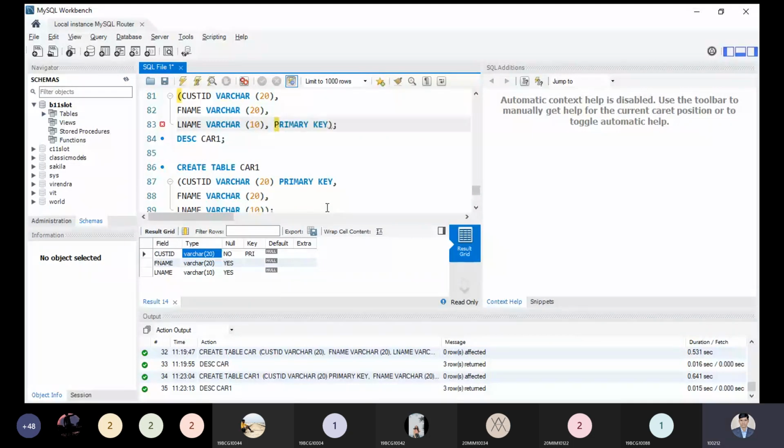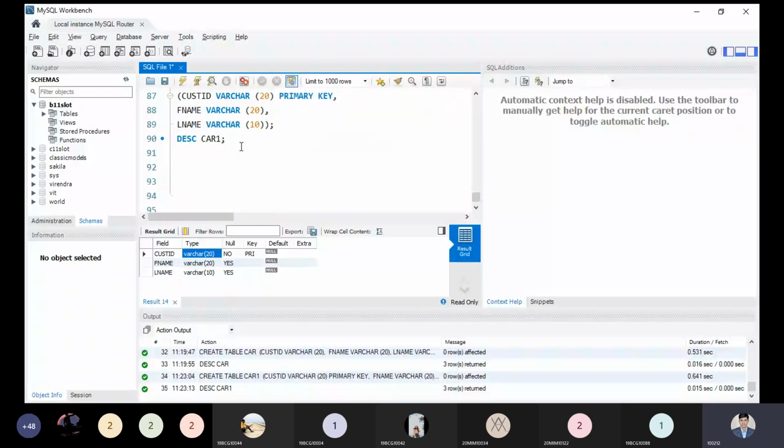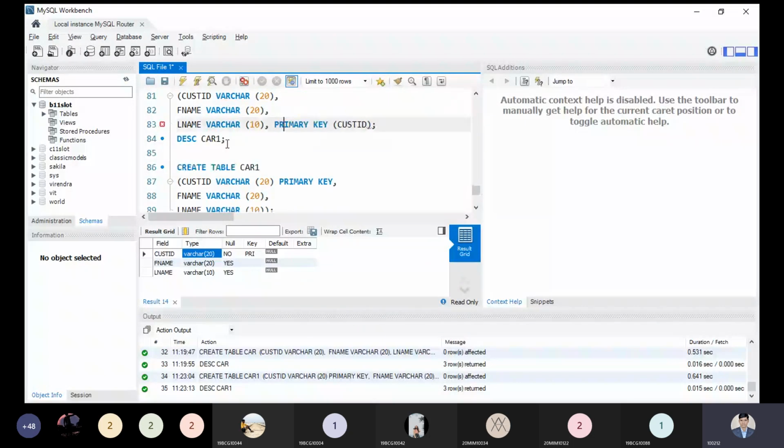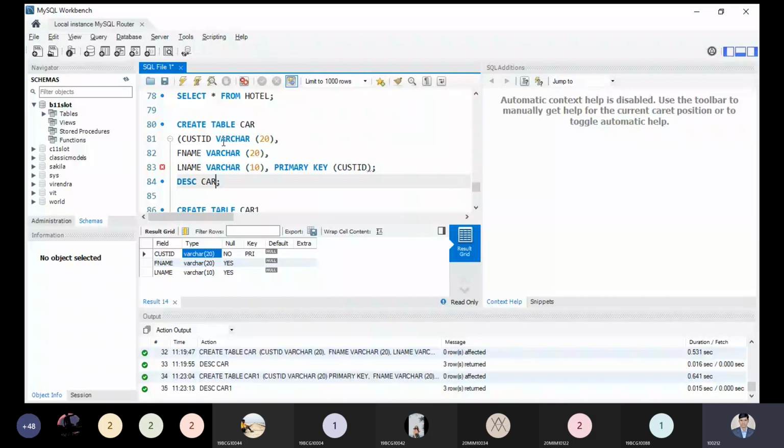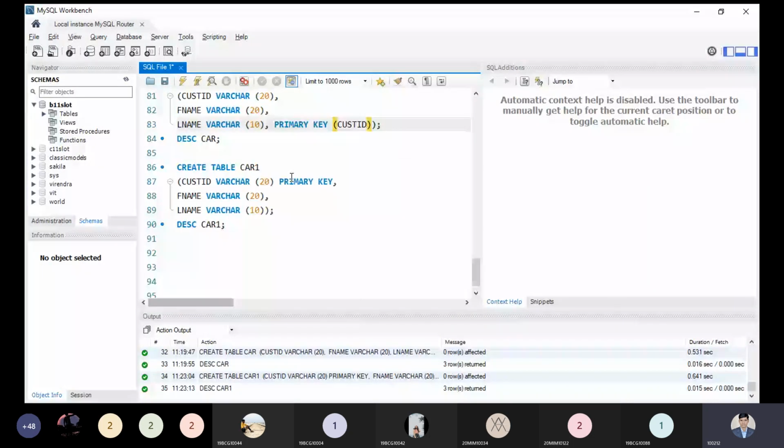And next we have only the first ID. So this guy here. Now where are we getting the error? Not primary key. Yeah, one more. Okay, so this was the syntax I have written. No issue.